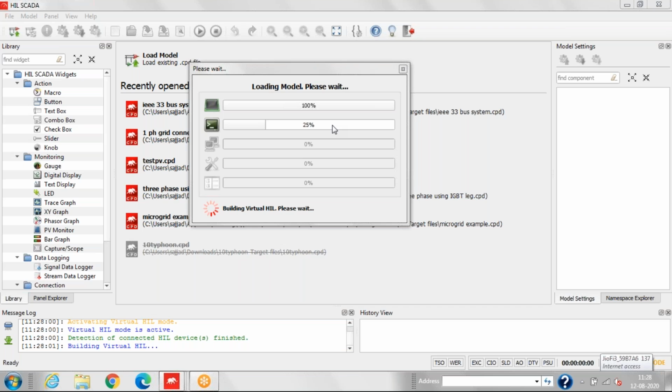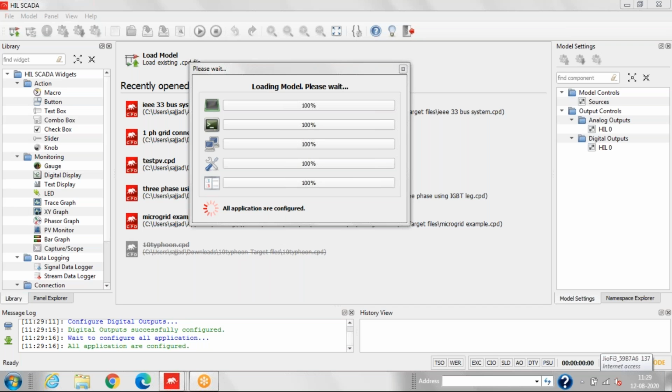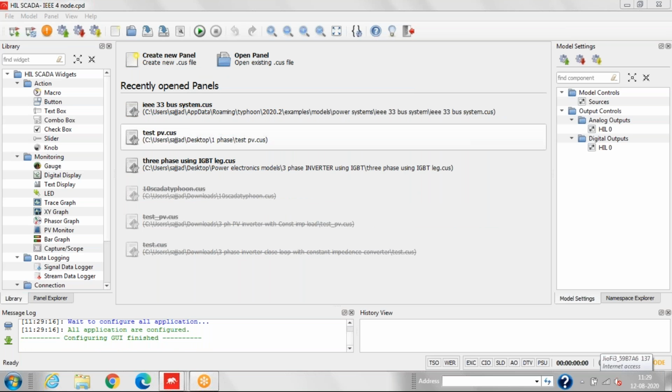Yes, hello, sir. I have a doubt. You have designed the IEEE 4 bus system, right? One of my PhD scholars is working on 33 bus system and 64 bus system on phasor measurement. I just want to know how I can design the 64 bus system, 117 bus system, the higher bus systems in this software. Is it possible to design all the higher bus systems? Yes, it is possible. Here in the example model, the IEEE 33 bus system is already designed. We'll show you that IEEE 33 bus system, and you can design further.